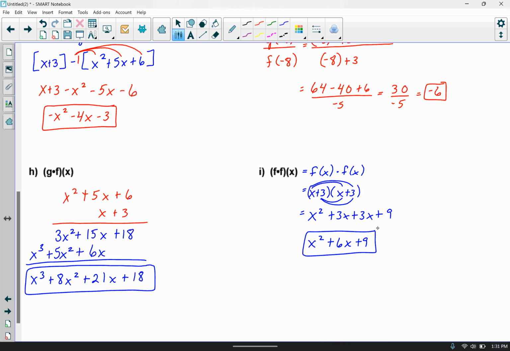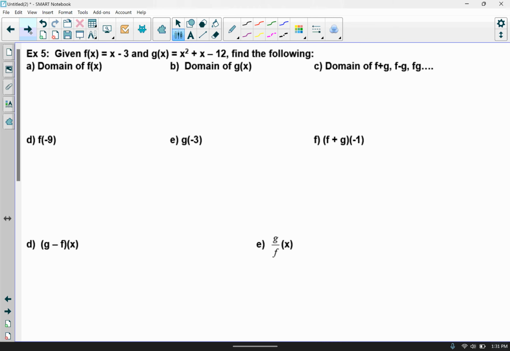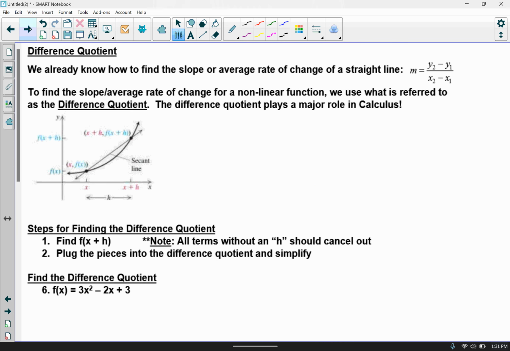Okay. All right, I'm going to let you flip it on over and pause the video and you try example 5 from top to bottom on your own. And you can check yourself by the solution key. And then I'm going to go ahead to that last page, which is with the difference quotient, and start talking about that one. The difference quotient will play a large role for those of you going on to take calculus,